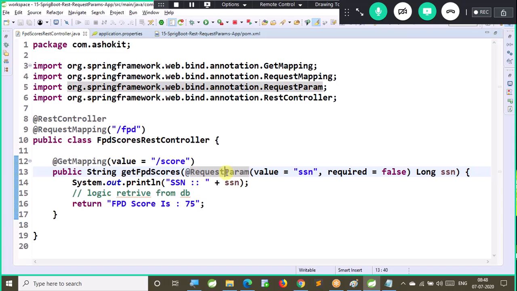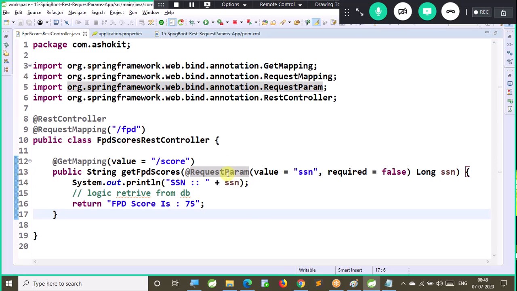In the 7:30 class, we are using this query parameter in the REST controller. So the query parameter is the same whether it is in a controller or a REST controller. There is no difference between them. In the controller also we can use a query parameter. In the REST controller also we can use the query parameter. The behavior is the same. By default they are mandatory. If you want, you can make it optional. Are you able to follow this?